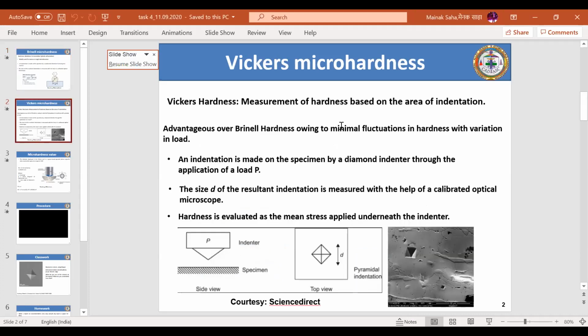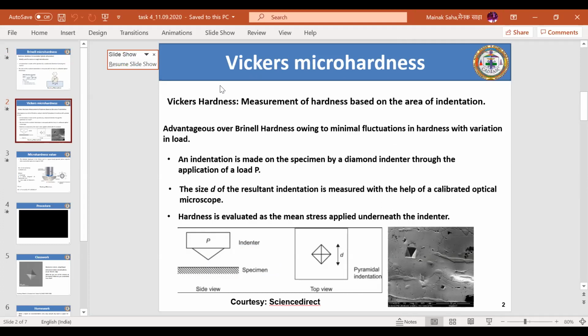See, in the next slide, we talk about the other technique, that is called the Vickers microhardness technique. Earlier we were talking about the Brinell, and now I'm talking about the other hardness. Generally, Vickers microhardness testing is used in most of the laboratories which deal with mechanical deformation behavior, especially with hardness. Most of the people, even in research papers, report the Vickers microhardness.